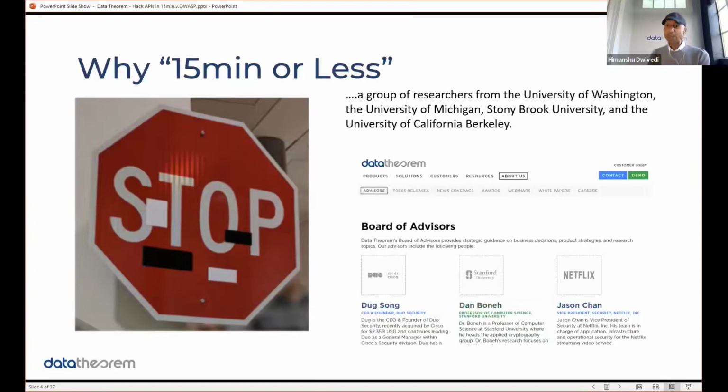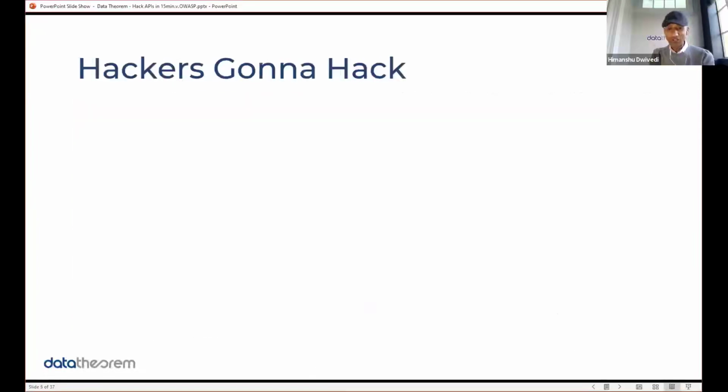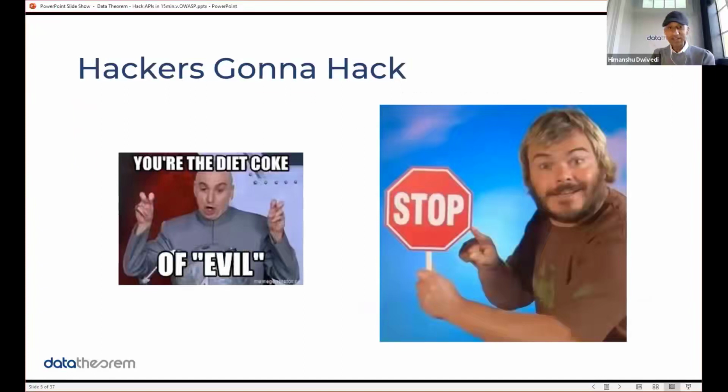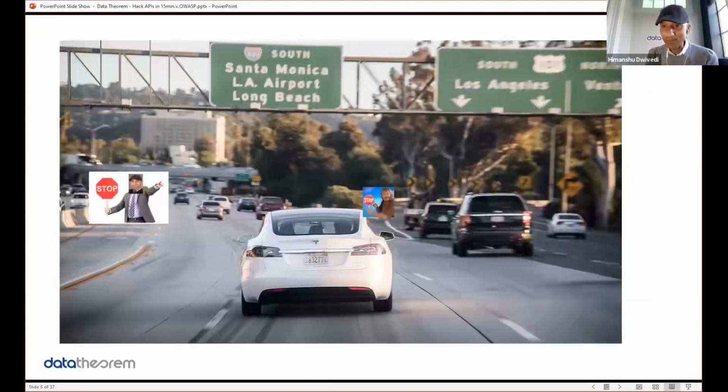Very impressive, very impressive. So as someone like me, when I was much younger, or maybe even today, what I would do is probably not take months of research from very intelligent students from great universities. What I'm going to do to defeat machine learning is I'm going to take a stop sign and I'm going to go sit on 101. And if you're here in California near Silicon Valley, 101 is our major highway here. And I will just stand in the middle of the highway with a stop sign.